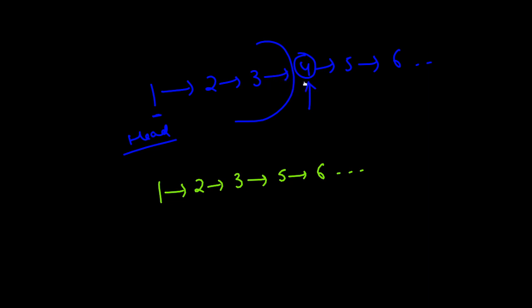What we can do here actually is, instead of having this value 4, maybe we can just copy this value 5 here. So the moment we do that, it looks something like this. Instead of having this value 4, I have changed this value 4 to 5. And of course I have this 5 and 6 and so on. Just notice that I'm not reassigning the node, I'm just changing the value of this 4 to 5. So maybe I'll just do something like this, so you guys are more clear. I'll just change this value to 5.